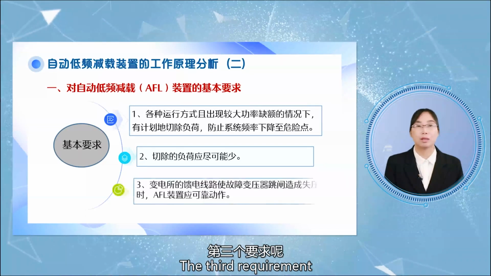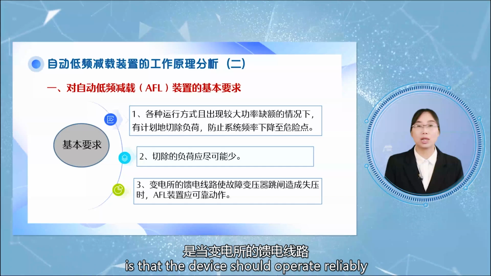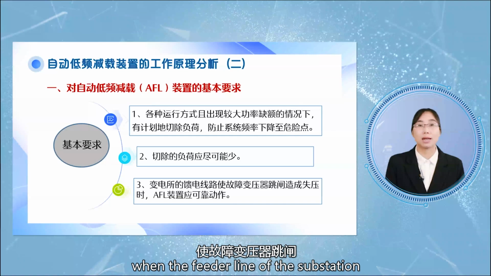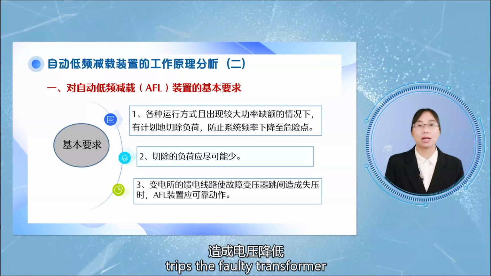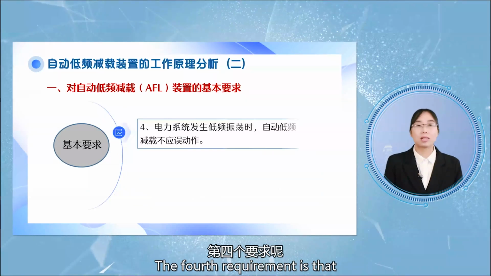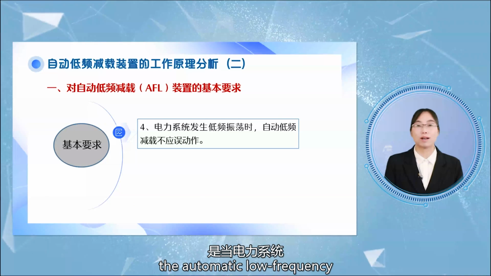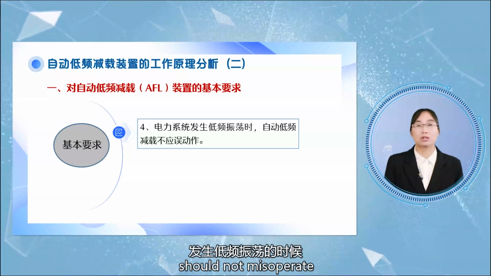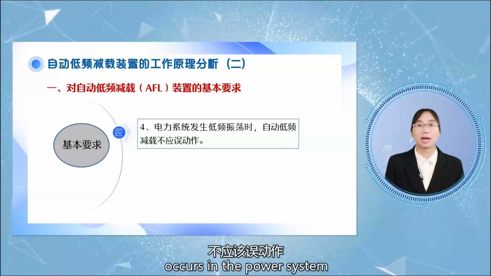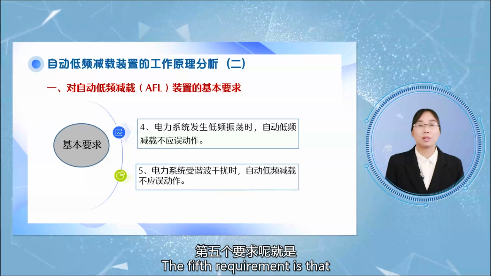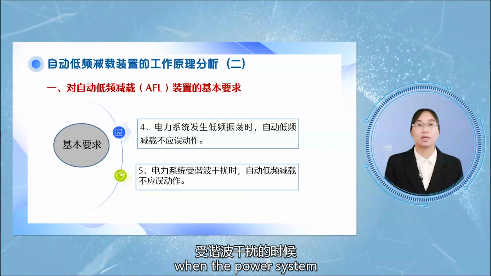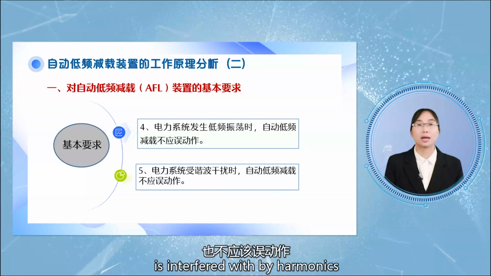on users. The third requirement is that the device should operate reliably when the feeder line of the substation trips the faulty transformer, causing a voltage drop or even losing voltage. The fourth requirement is that the automatic low-frequency load-shedding device should not misoperate when low-frequency oscillation occurs in the power system. The fifth requirement is that the device also should not misoperate when the power system is interfered with by